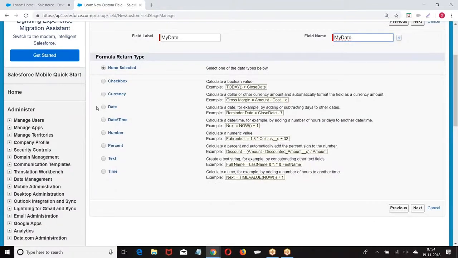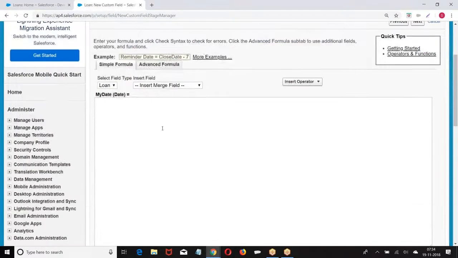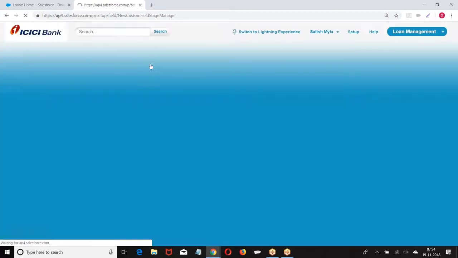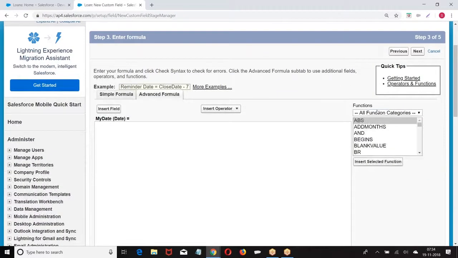I just gave a field name. What is the value? Date. I'm expecting the value in the form of a date. Next. Simple and advanced. I went to advanced. Date and time function.